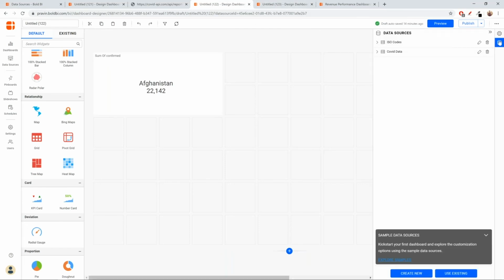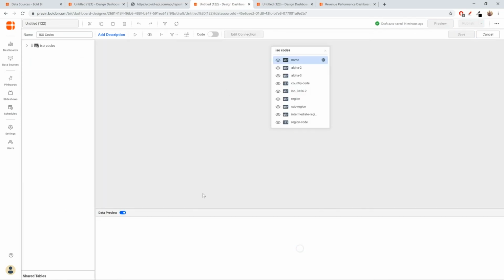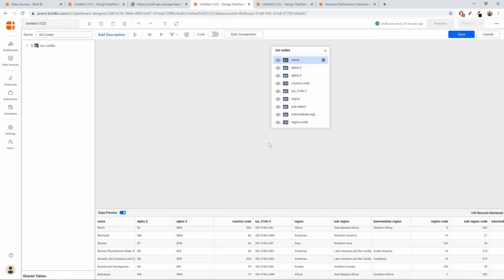Okay, so here I have imported a set of values from a data source, which is the ISO codes data source that I had already. So you can see the list of values here. Now, instead of allowing all the users to view the entire set of parameter values, I can allocate the parameter values for each and every user. To do that, you can go to the user filters here, click configure user filters.